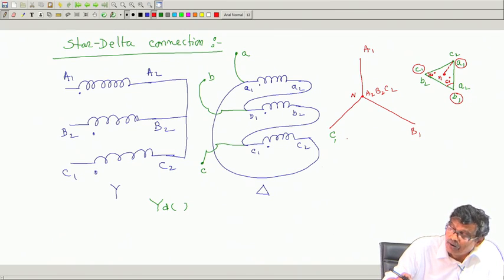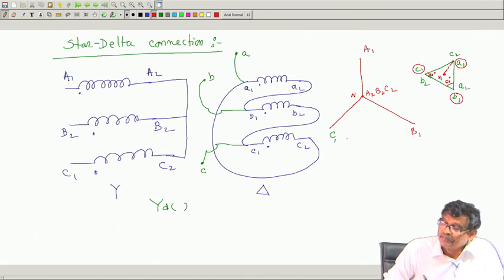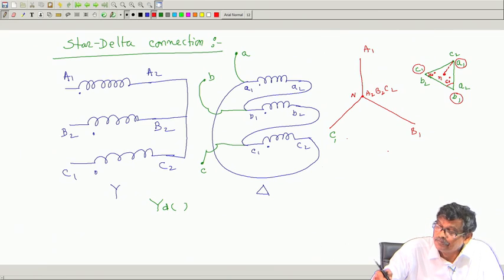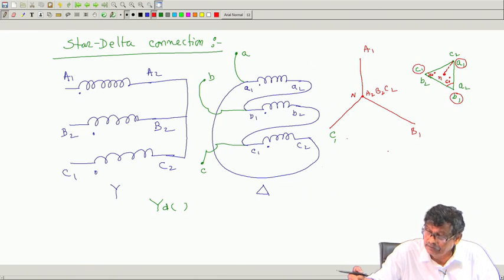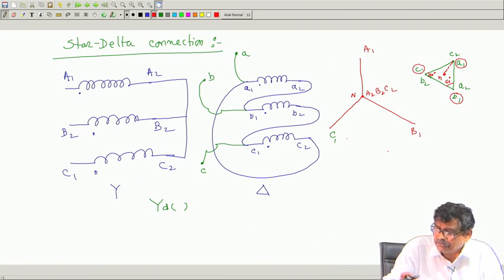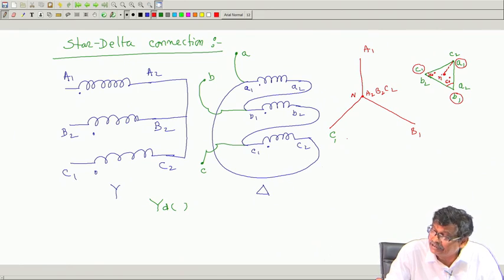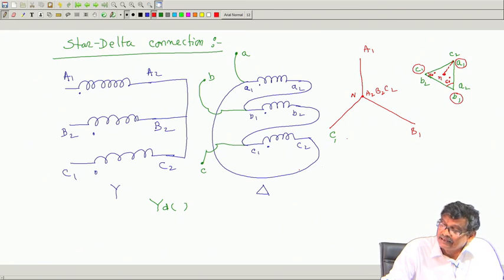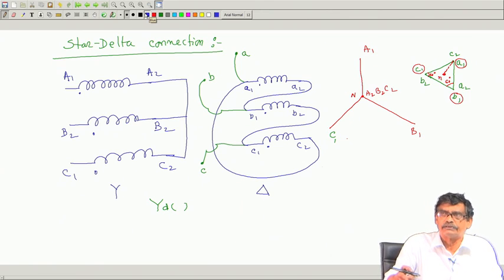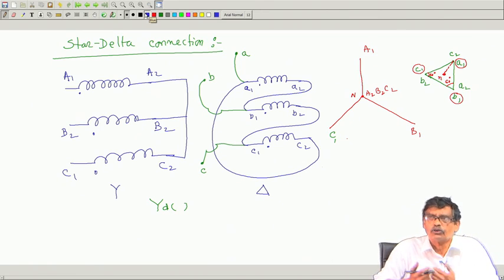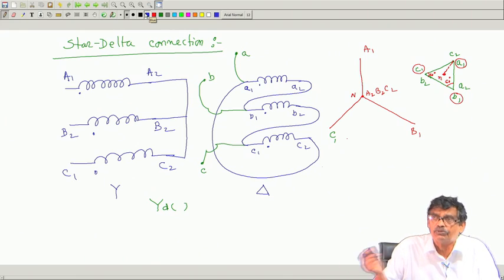and this I call small n. So, I have got A phase voltage with respect to neutral of the primary side, that is A1n. I have got the A phase voltage of the secondary side with respect to its neutral, which is just not available. You have to artificially create it, but its centroid it will become. With respect to that, this is the A phase voltage. Is there a phase displacement between them? Yes. If you draw this primary voltage, A phase, only stick to one phase, other phases will be automatically satisfied, because each one of them is 120 degree apart.